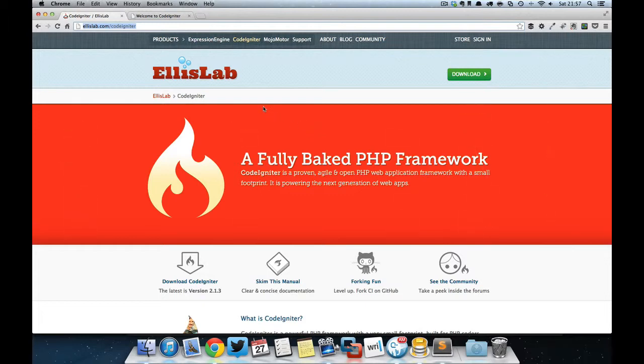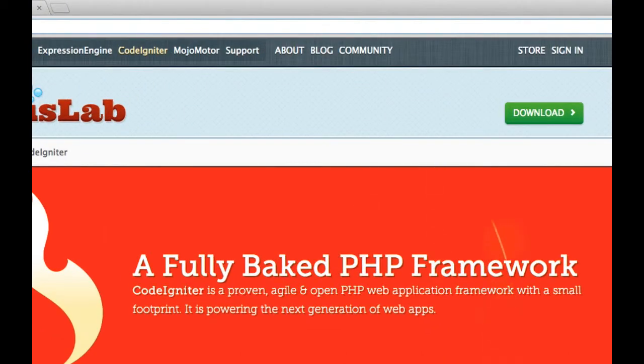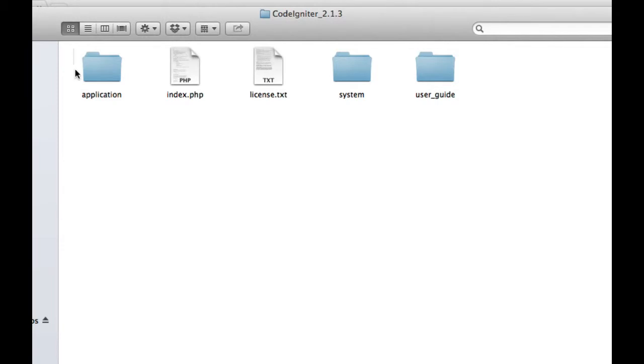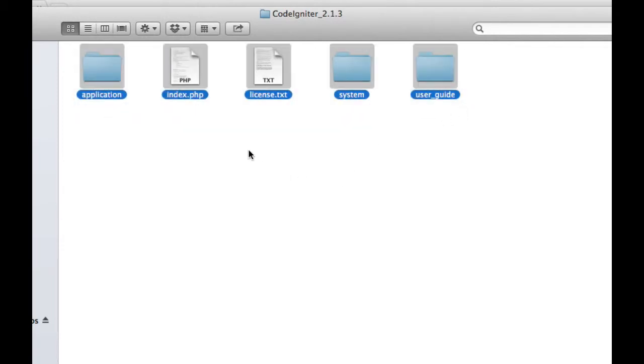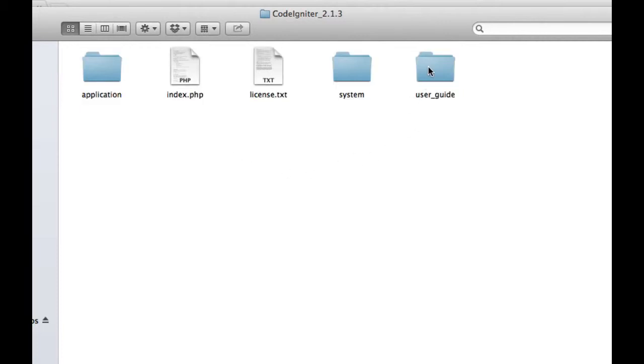If you browse to www.codeigniter.com, you'll be pulled along to the Lab website where you can download the code. Once you've downloaded the code and unzipped it, these are the files and folders that you're presented with. Of course the user guide is extremely useful and you do need a quick glance at the license, but the files and folders we're particularly interested in are application, index.php and the